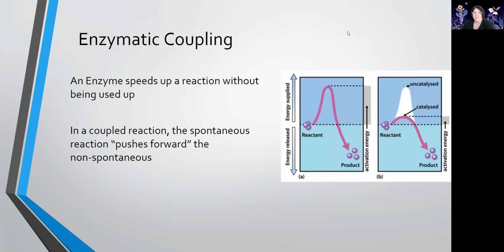And the next concept is enzymatic coupling. So you've probably talked a little bit about enzymes being catalysts, so they speed up a reaction. The general definition is always that it lowers activation energy. When I push a little further, people can't really always tell me what activation energy is, but it's really just